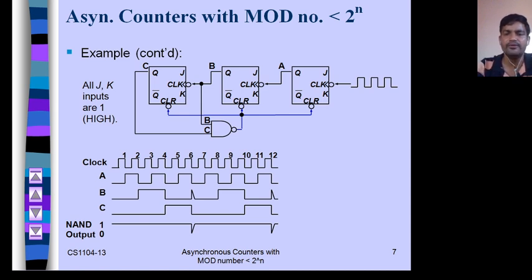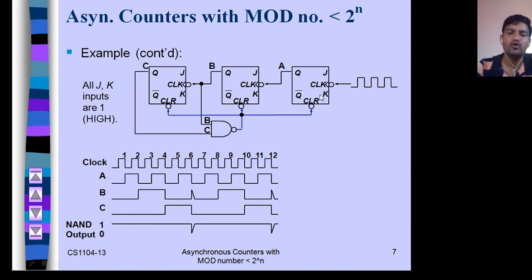So what we will do, connect all JK inputs high. Then connect the output of this to the input of this. This is the LSB and this is the MSB. Now just think about this circuit. We are using negative edge and we are giving the uncomplemented output to the clock input, so it is working as an up counter.